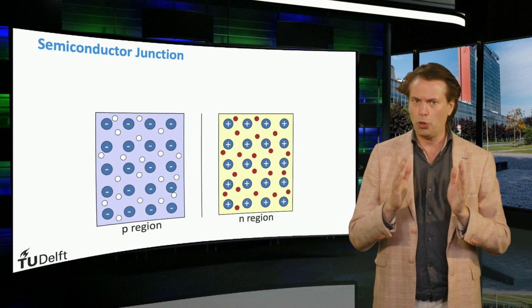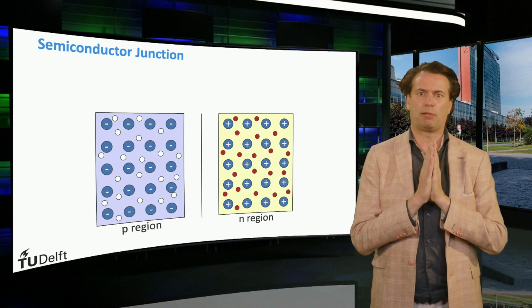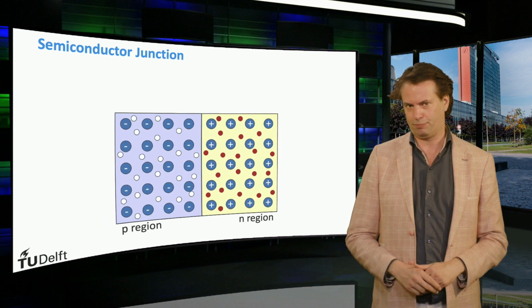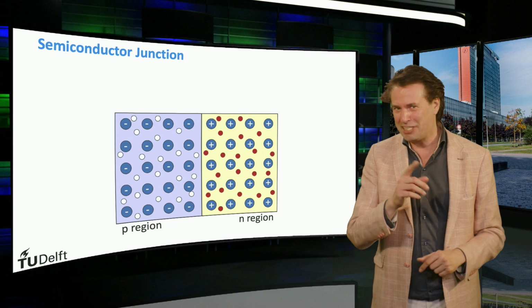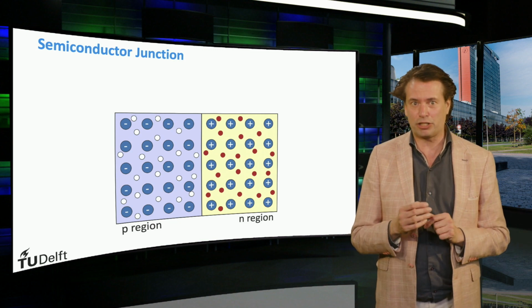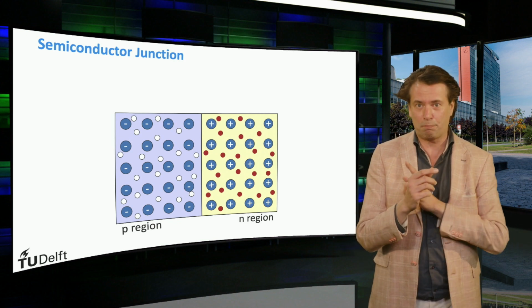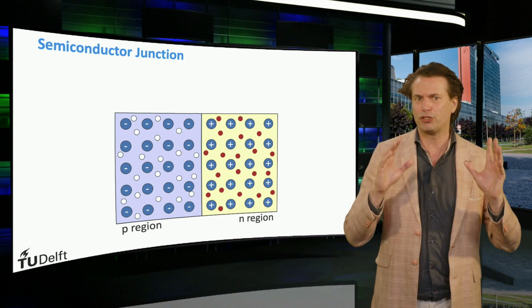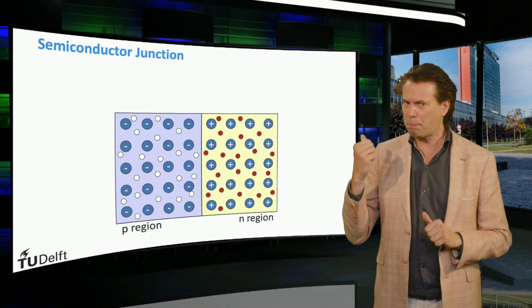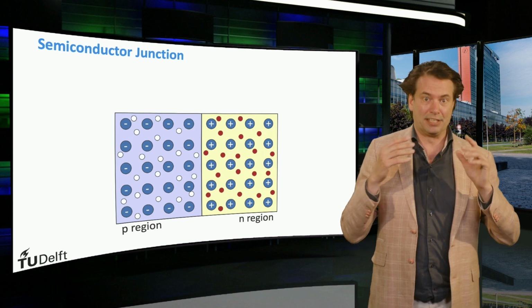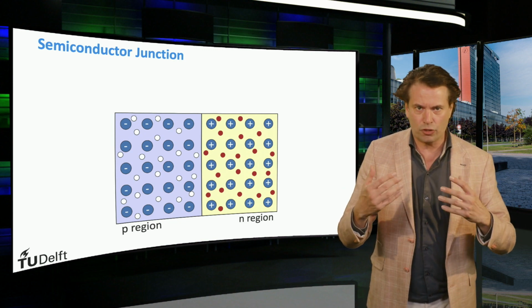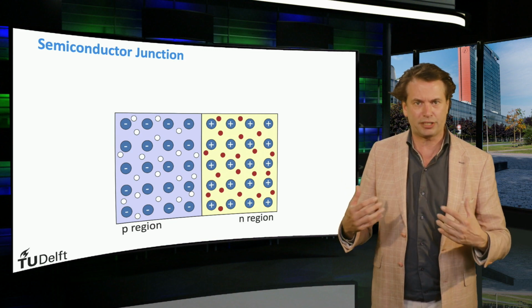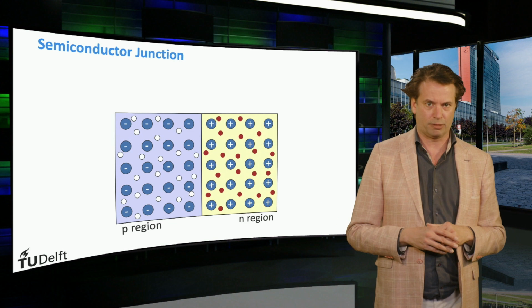Now we glue the N and P-type semiconductors together. And this is what we call a PN junction. In reality, we take one piece of silicon material in which we intentionally dope a part P-type and a part N-type. But now we first consider the situation that this PN junction is in the dark and is in thermal equilibrium. So thermal equilibrium means that we do not add additional energy to the system.